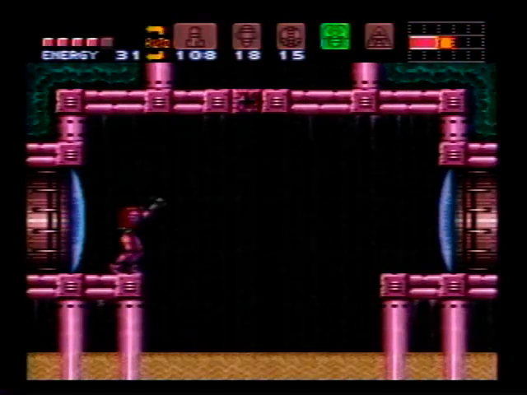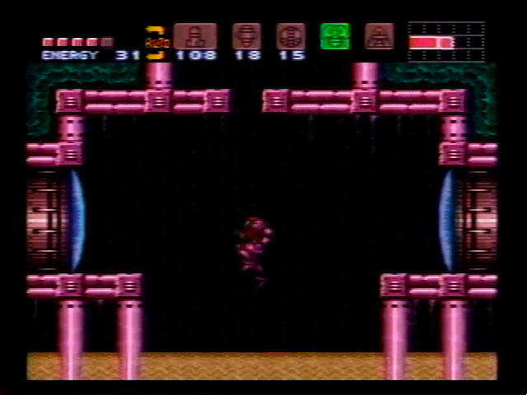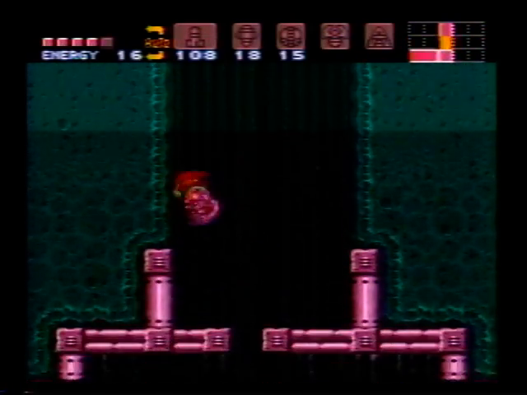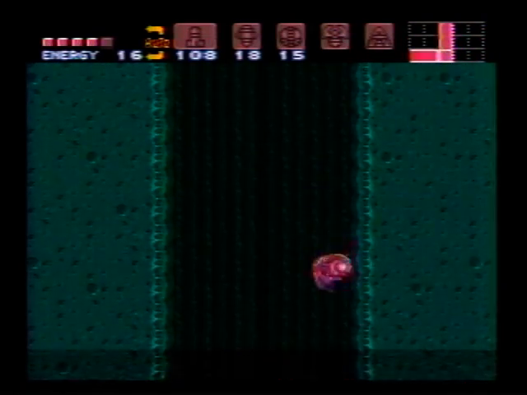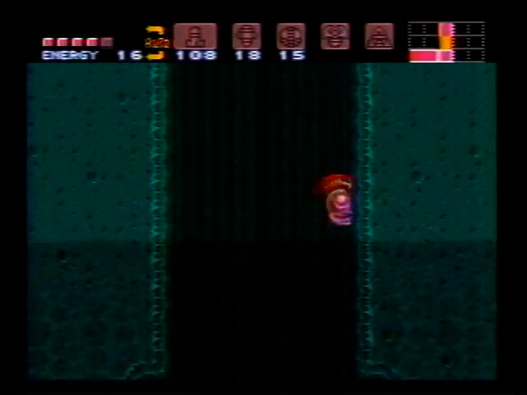Find the area you see here, and then use the grappling beam to make a hole in the ceiling. Jump up through the hole to get ready to do some serious space jumping. To get to the spring ball, you need to get up this long vertical shaft. Space jump up the wall as high as you can, then right when you start to fall,